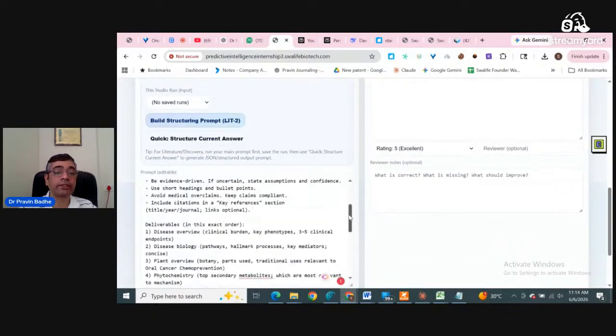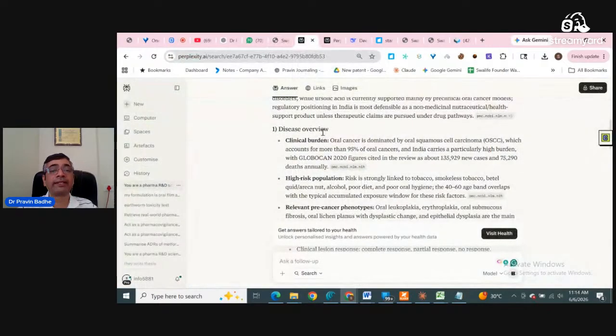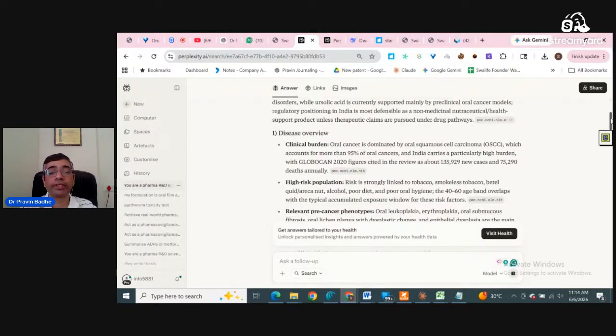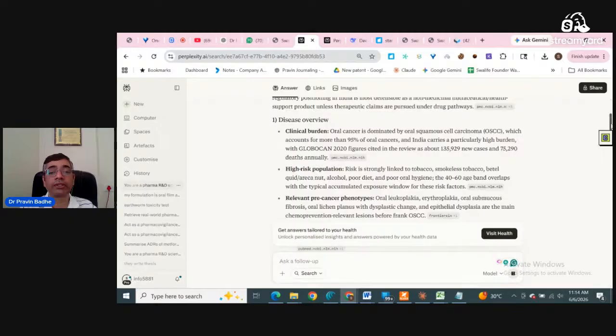So you can see that in the first, it has to give the disease overview, right? And that's why we are getting disease overview. It's not that the LLM has generated that information. Yes, it has, but we have asked for that, and that's why we are getting that information. So you are going to get total 12 types of information, including the